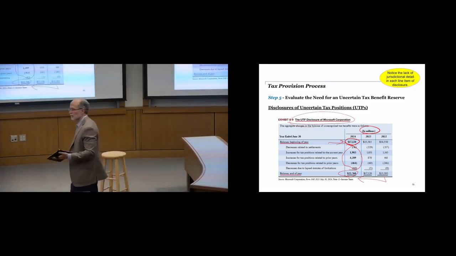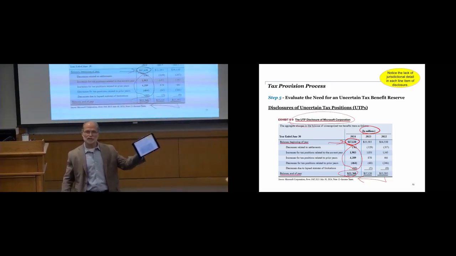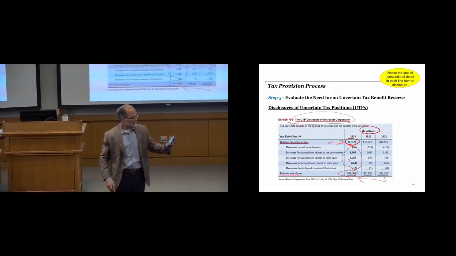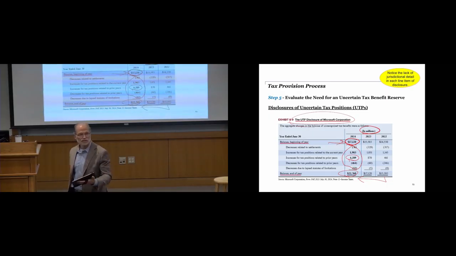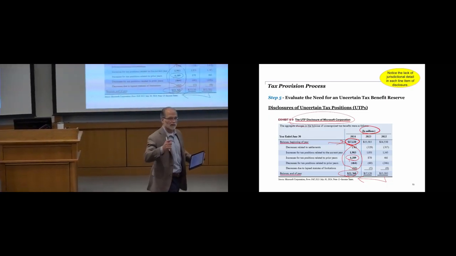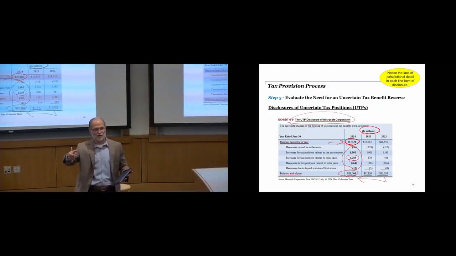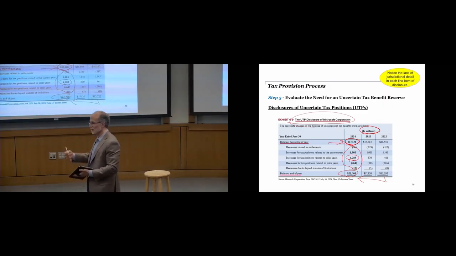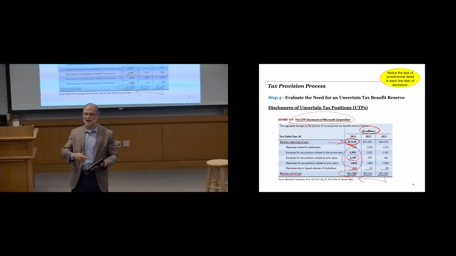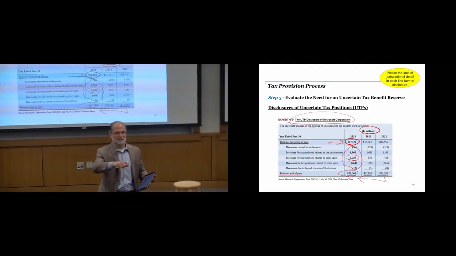So if you were auditing Microsoft, would you want to know what all these items are? I sure would. What's this one here that's 4.2 billion? I'd like to talk about that issue, right? Now, they're a very well-advised taxpayer, so they have lots of smart people helping them. So they have positions that are very well developed, and that they're going to fight hard for. They have deep pockets. But like that prior case, the government's still chasing them on that